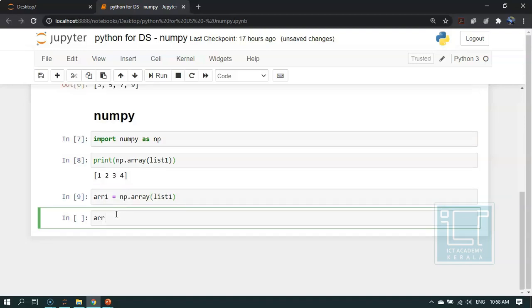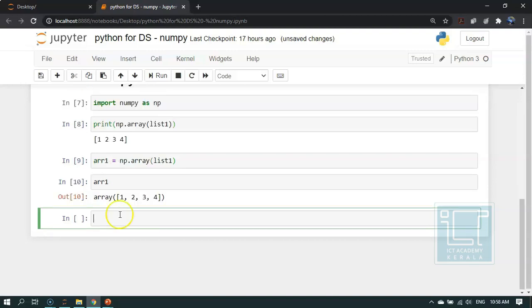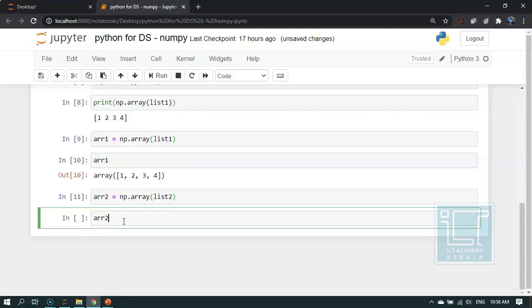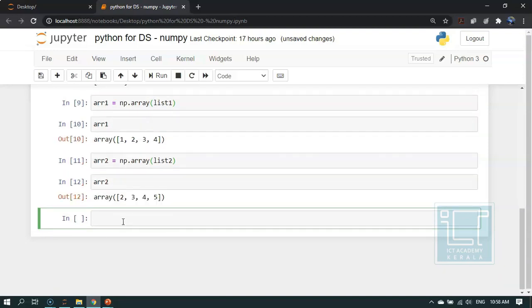If we display arr1, you can see that it is an array with the values of list 1. Similarly, we are converting list 2 also into an array. List 2 is also converted into an array now.